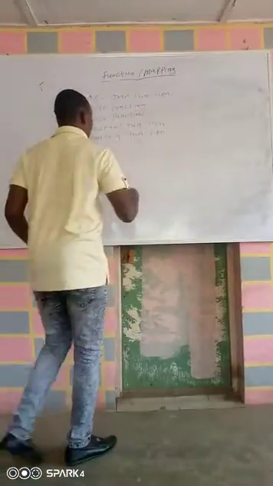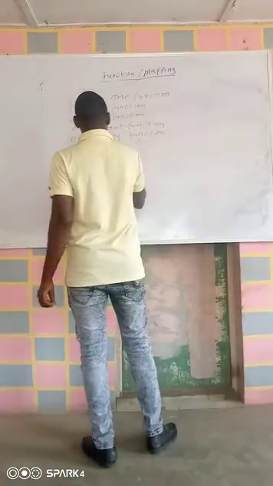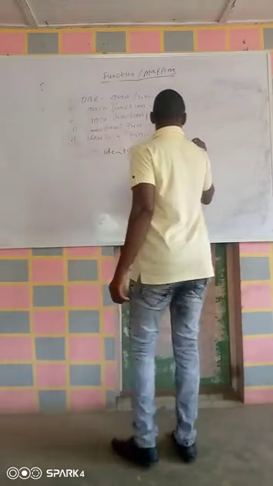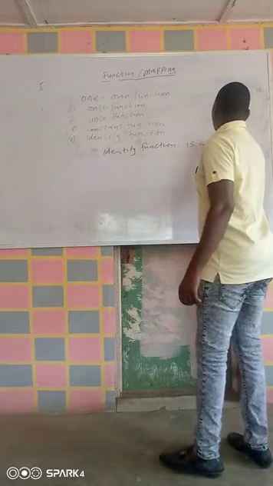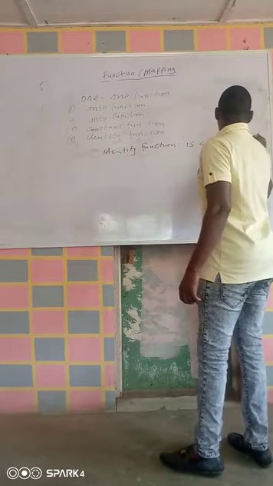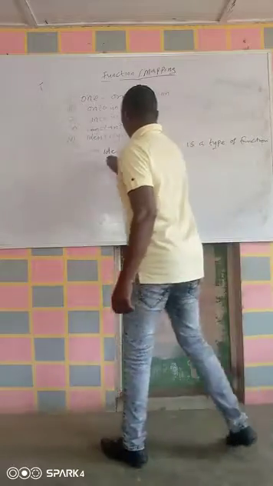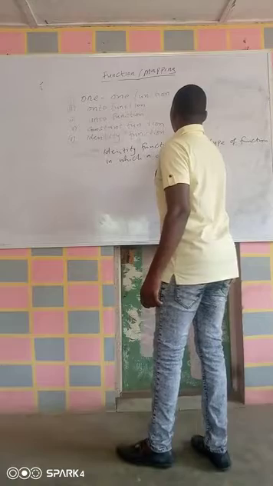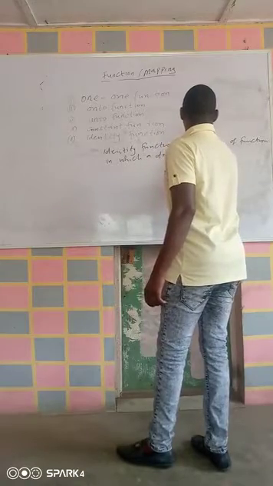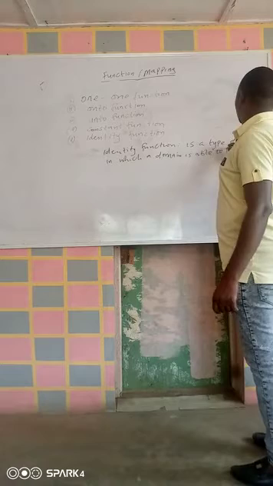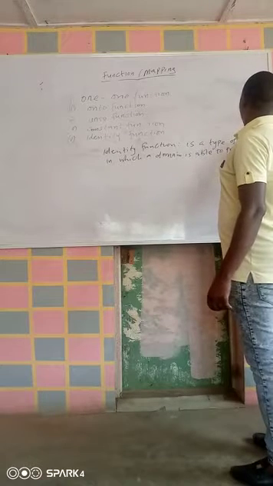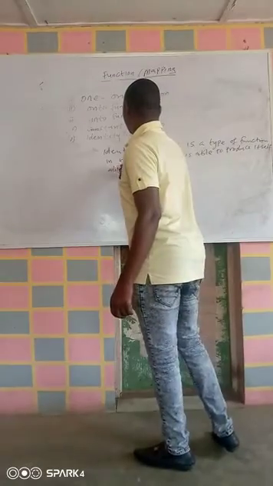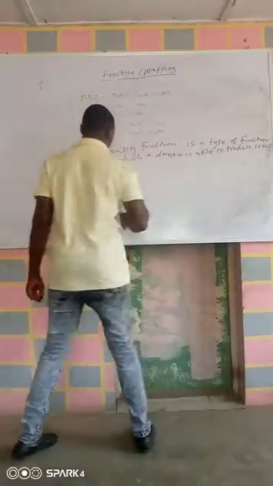An identity function is a type of function in which a domain is able to produce itself alike. Okay,